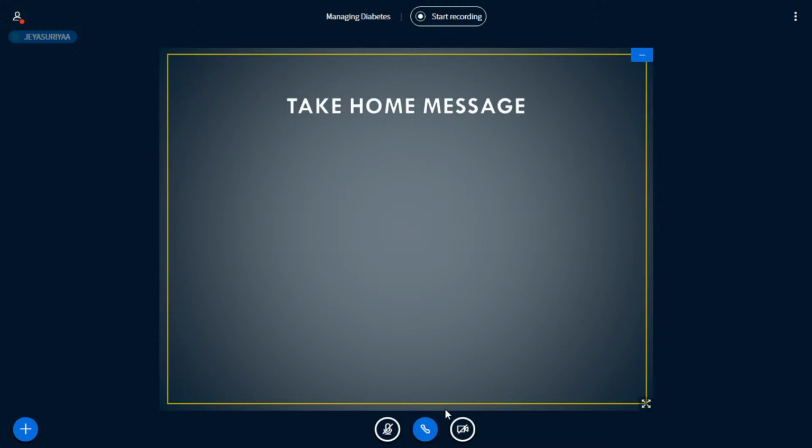Now the take home message is, maintaining a good diet along with proper, regular workouts is going to make us, the concept of prevention is better than cure plays a role here, where weight control, blood pressure control, reduced smoking and glycemic control along with the lifestyle modifications is going to make us get away from the so-called diabetes.